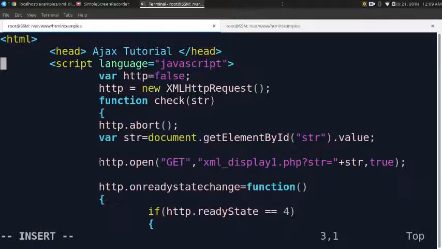Now the HTTP open method is very important. This open method is used when you want to communicate from the web browser to the web server. Here the get function is used.